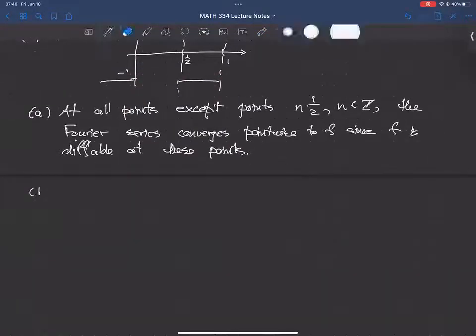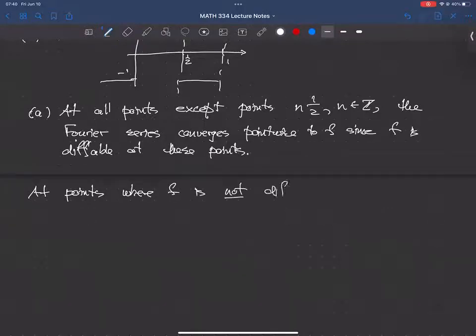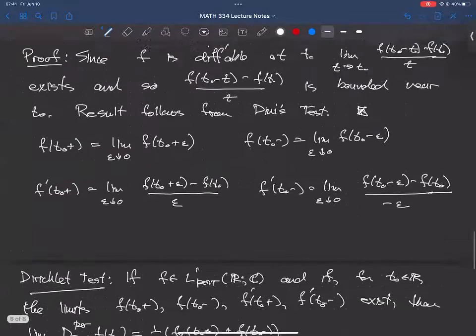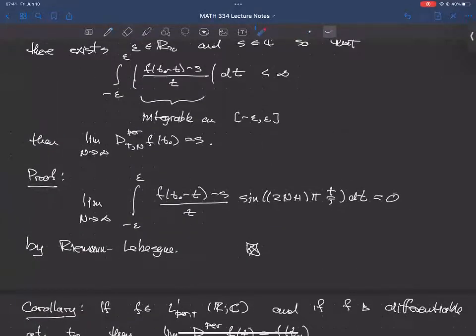All right, so at points where f is not differentiable, we use our tests. So the first test we're going to use is Dini. And Dini's test requires, remember, that this integrand on some neighborhood around the point, and so let's maybe take t equals 0 for concreteness, and so